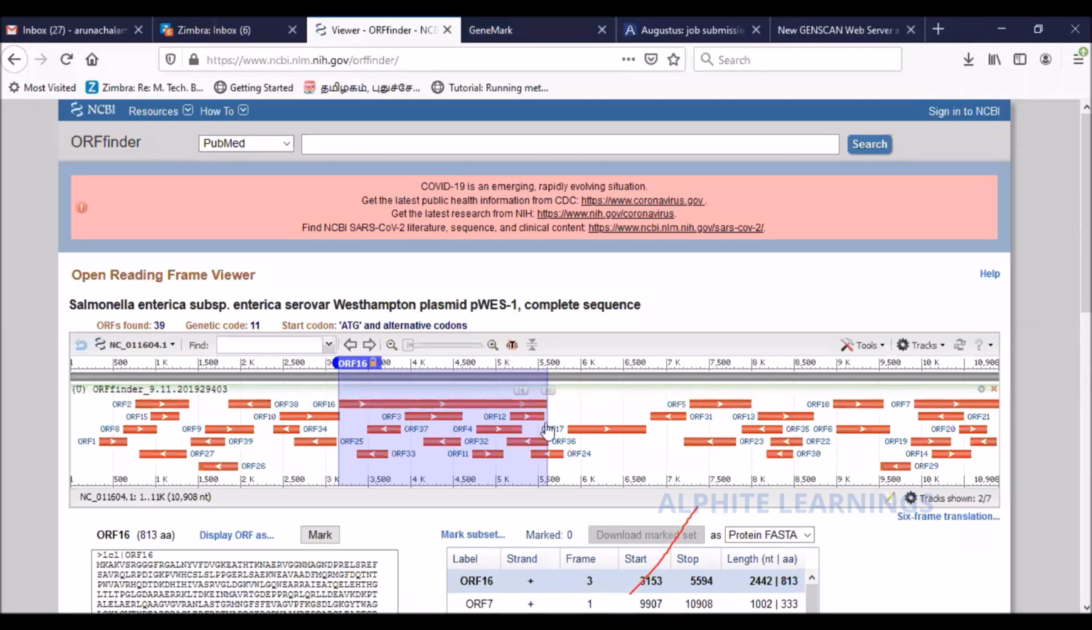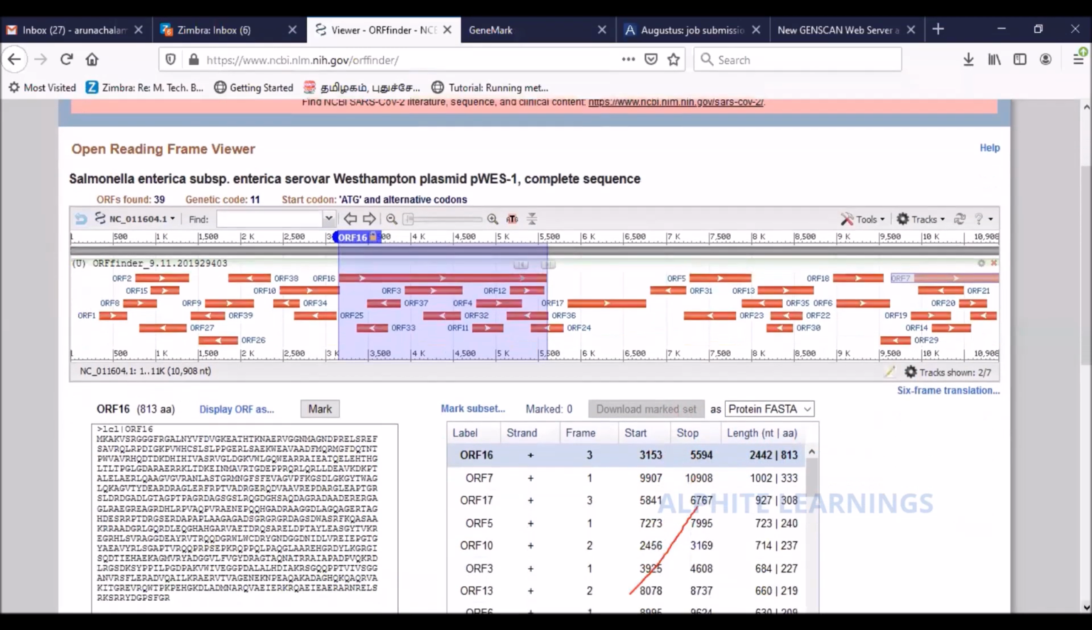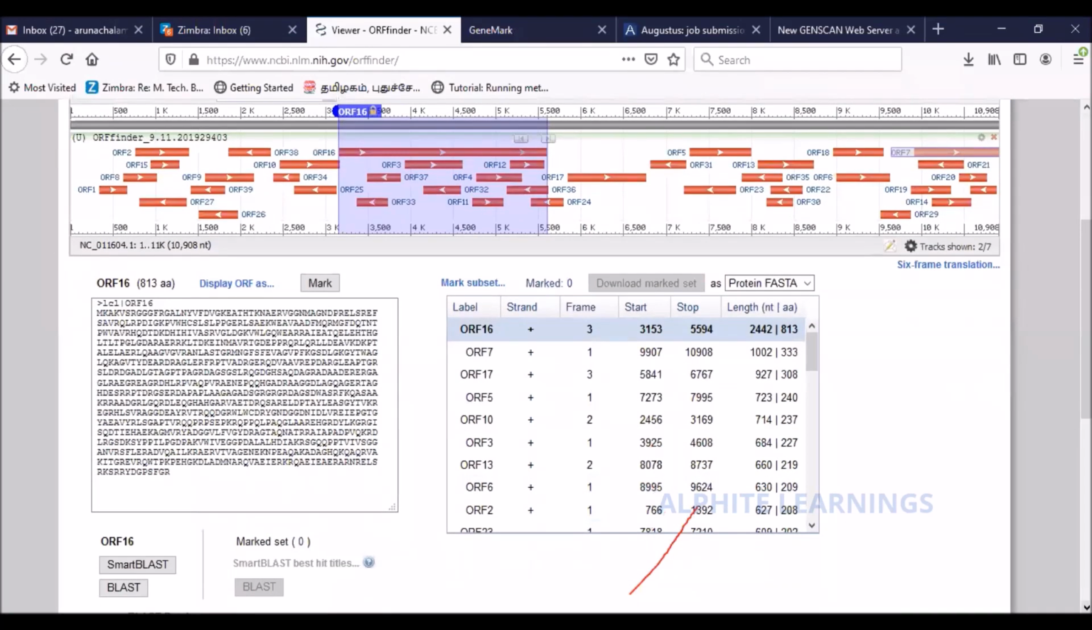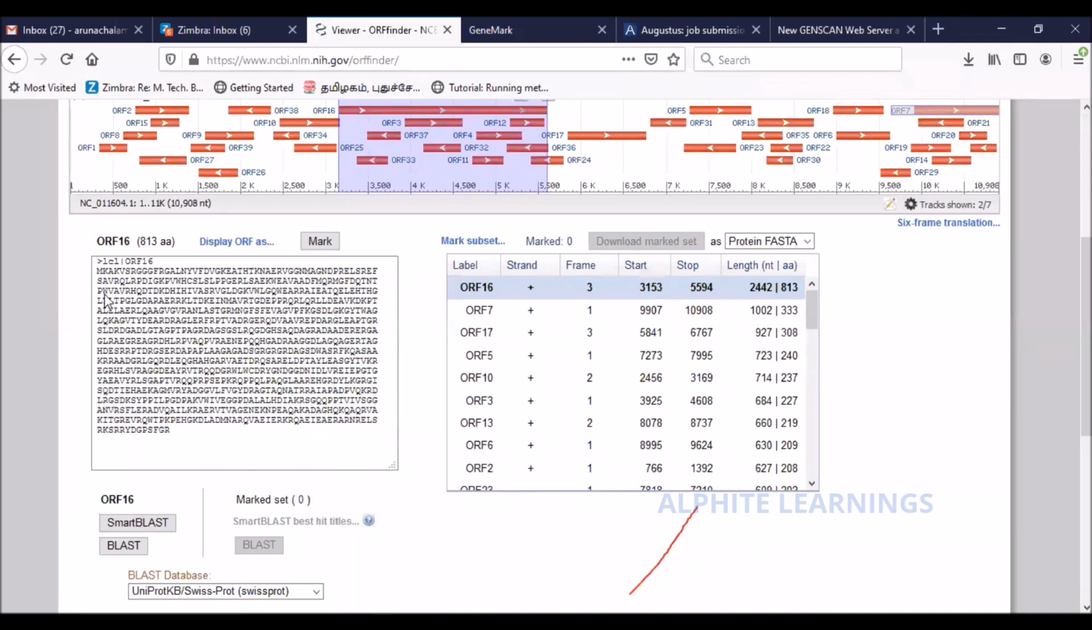All right. So after a few minutes, depending on the traffic, you get your results. So this is your result page, right? As I told you, the input sequence was a nucleotide sequence, and the output is the open reading frame, a protein sequence. All right. So what it means is that